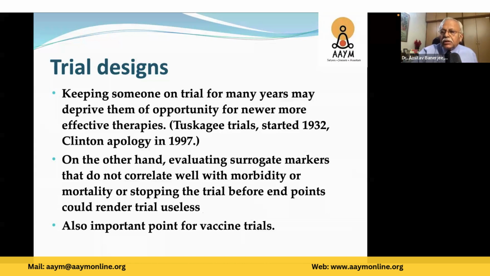This is a famous trial. You can do a Google search and get the details of the Tuskegee trials. I'll briefly explain an overview of the trial. The Tuskegee trial was a cohort study, designed to study the natural history of syphilis. You understand, this was started in the 1930s. At that time there was no treatment for syphilis. There were very drastic treatments like arsenic or induced fever, but there was no decent treatment. So they wanted to study the natural history of syphilis.